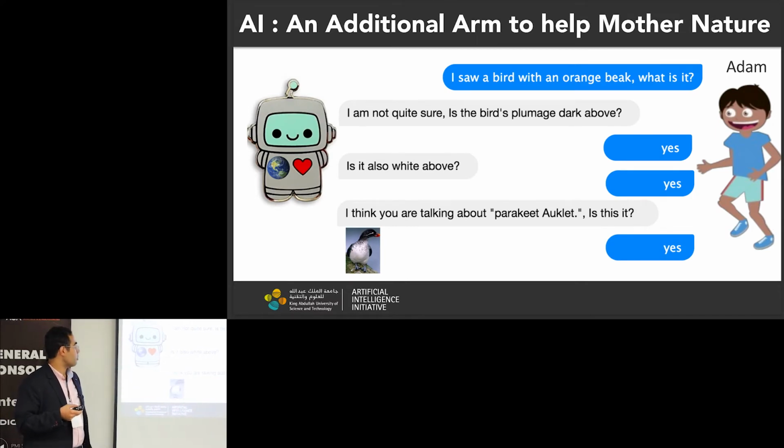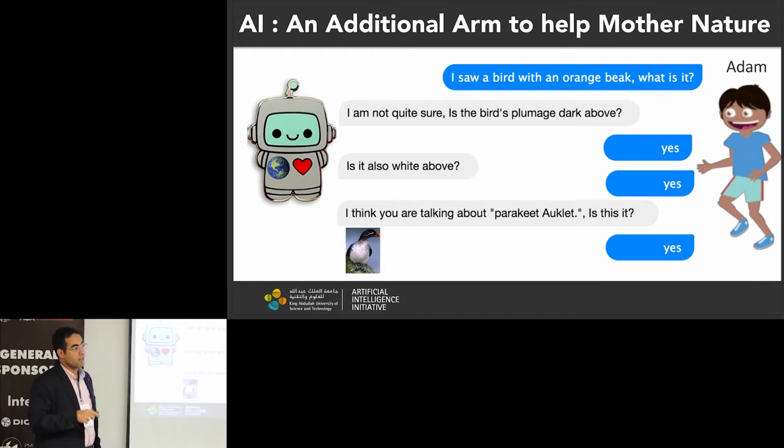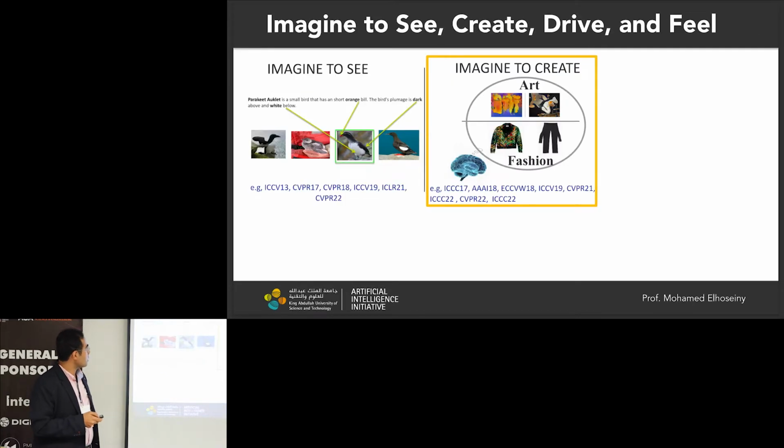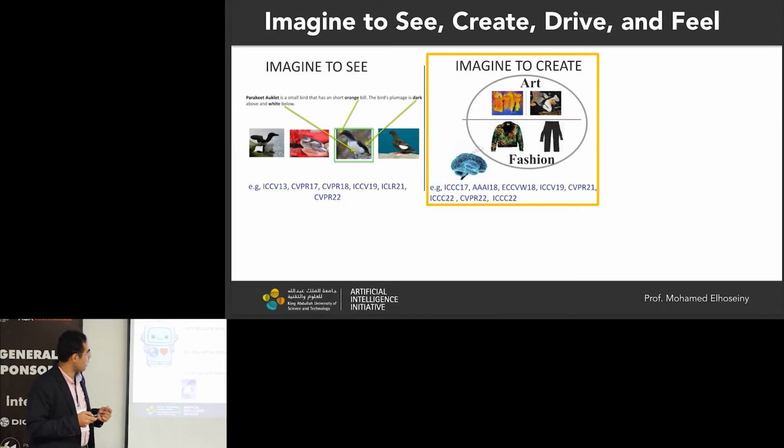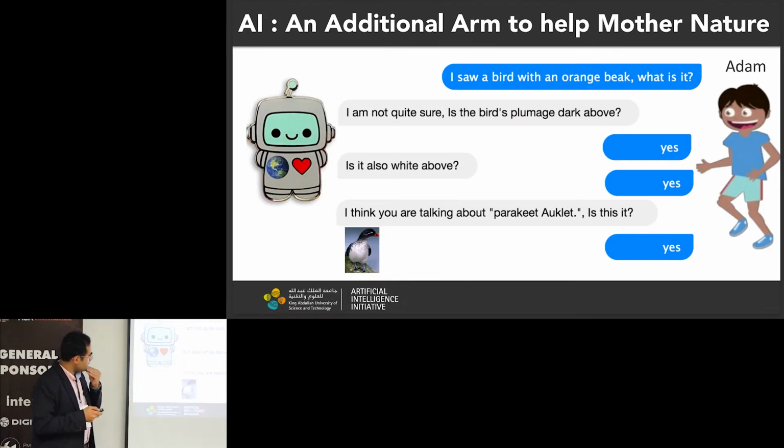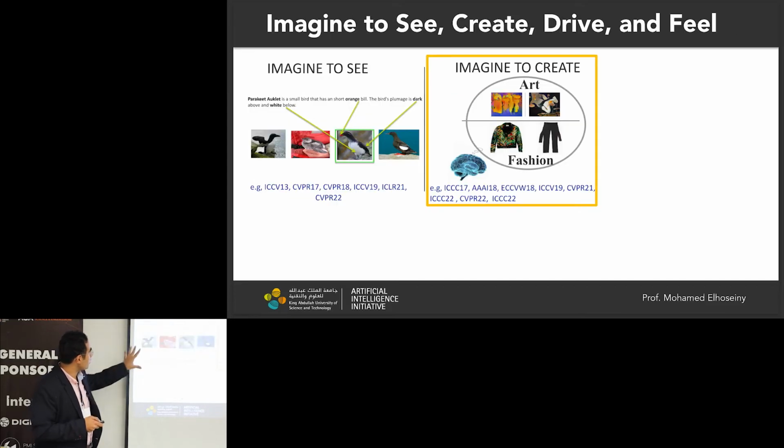At the same time, you can report, "Hey, I saw this bird in this park in Fremont, or this place in Armenia." So you can also say where you have seen this, and maybe this information can be useful. So that's about this part. There is also further development, but this is the point that I'm trying to share with you in the context of imagining to see. And there is, of course, a series of work that connects to that.